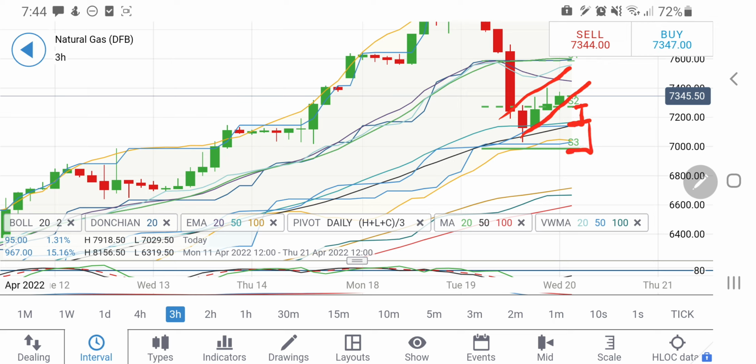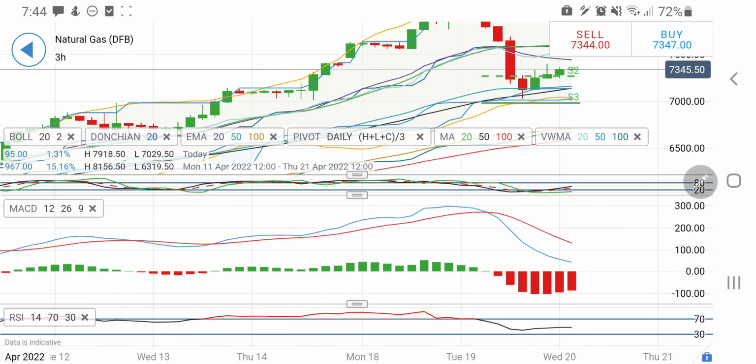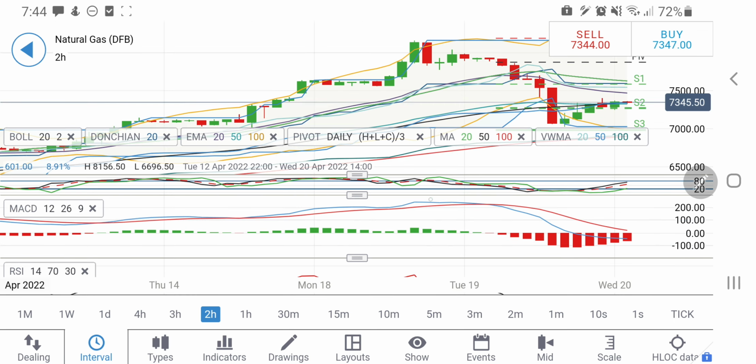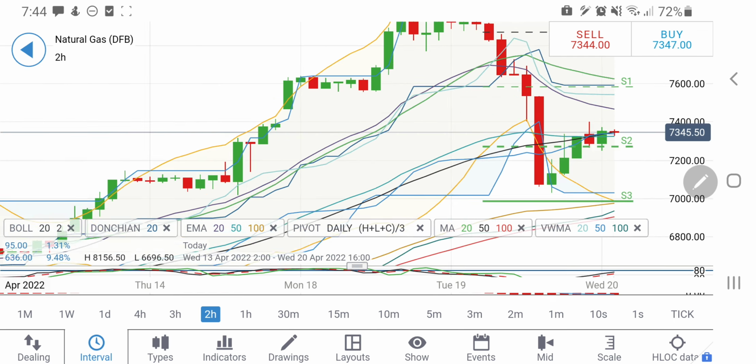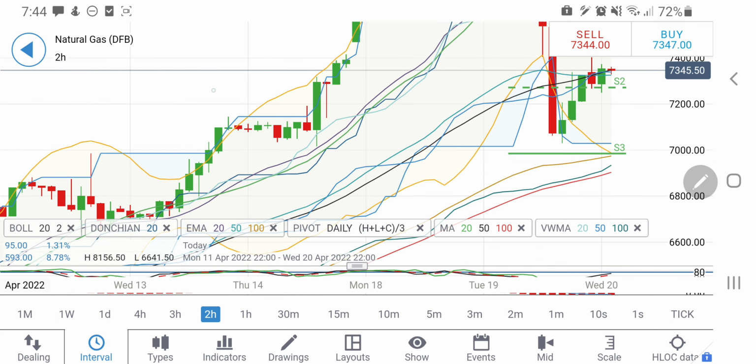In fact, it can try to go back till towards 6.6, 6.7 levels also. So take your positions accordingly. 3-hour stochastic looking upwards, MACD trying to converge and cross over. Now look at the 2-hour charts. On the 2-hour charts similarly, you can find that it has seen a high. Failing to go above these levels, it may try to consolidate here a bit before trying to take a dip,